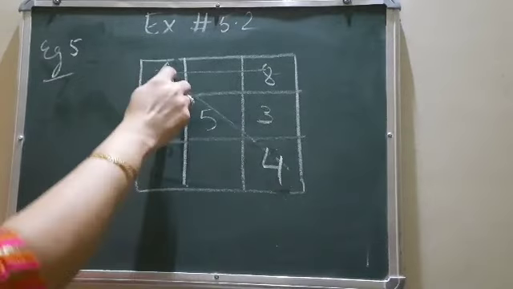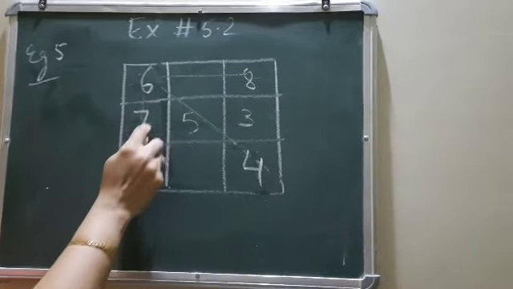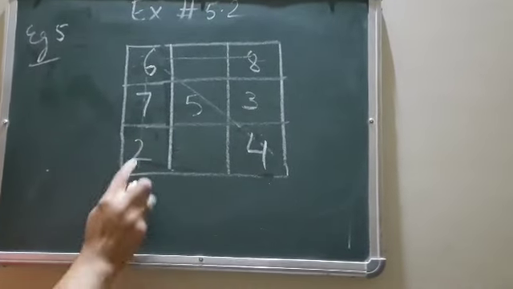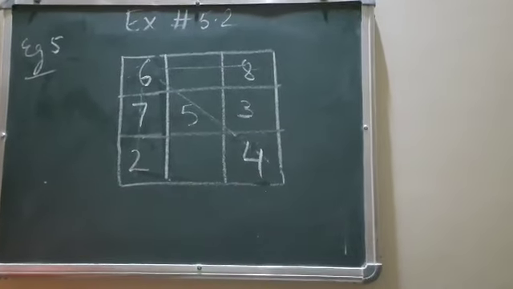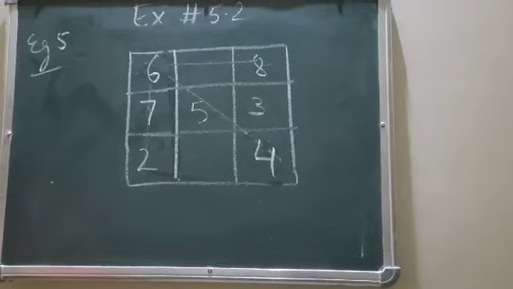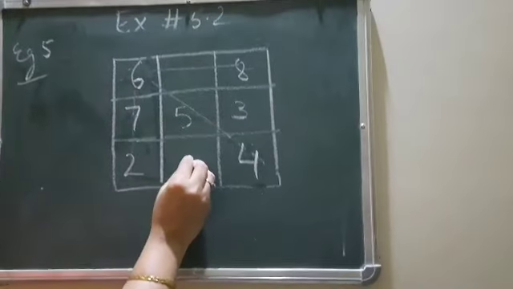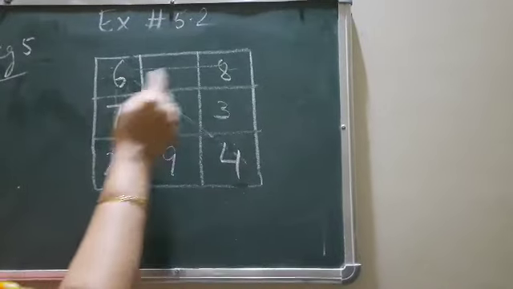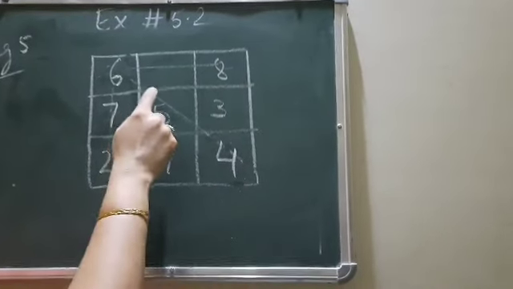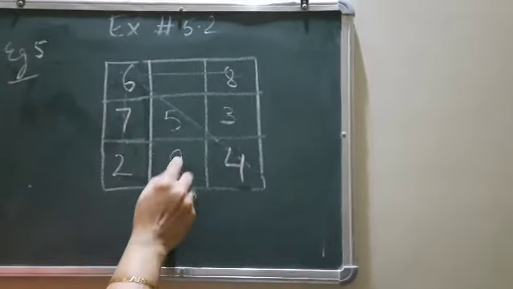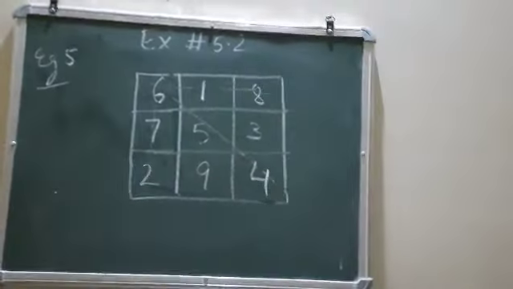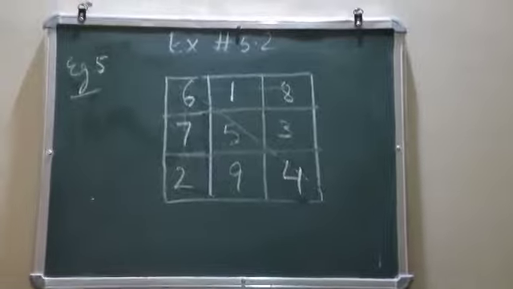Okay. Now again we have got 2 numbers here. 6 plus 7, 13. 13 plus dash is 15. 2. Again we have got 2 numbers here. 2 plus 4, 6. 6 plus dash is 15. 9. Again we have got 2 numbers either from this side or from this side. Anywhere you can do. So we can have 9 plus 5, 14. 14 plus 1, 15. So this is how we have filled the magic square.